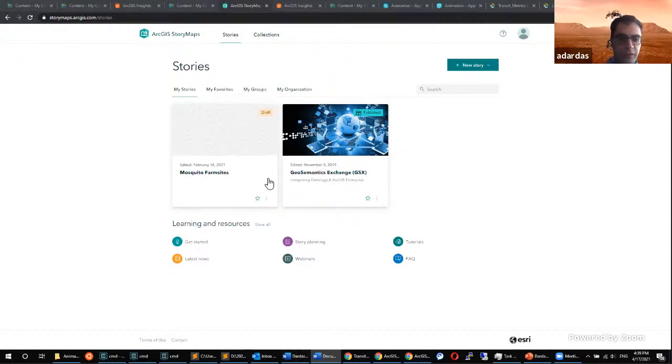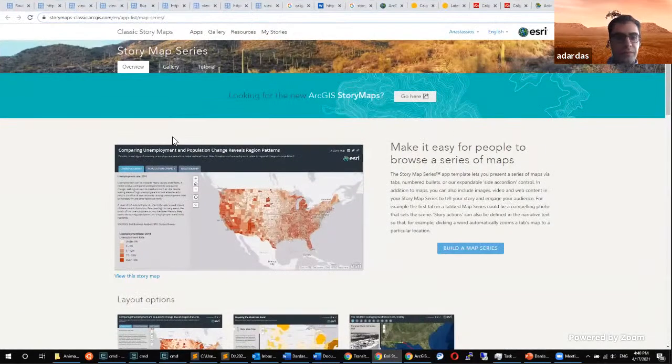So if we click on this URL link, these are galleries of the story maps. And the one that I wanted us to have is a crosstab. If we click on this story map,